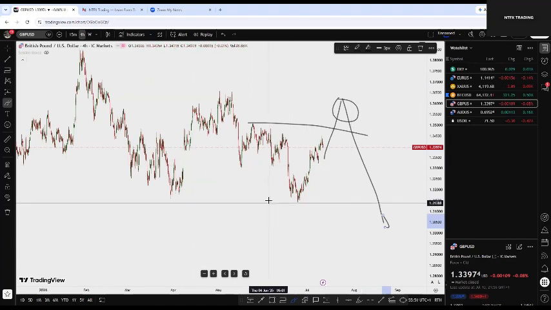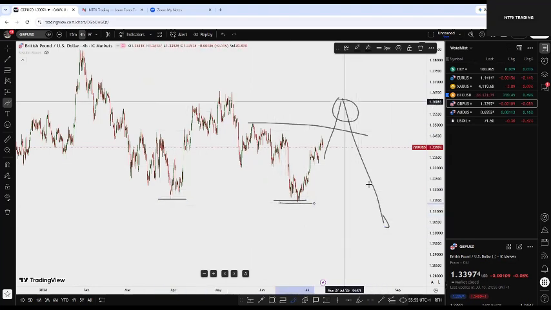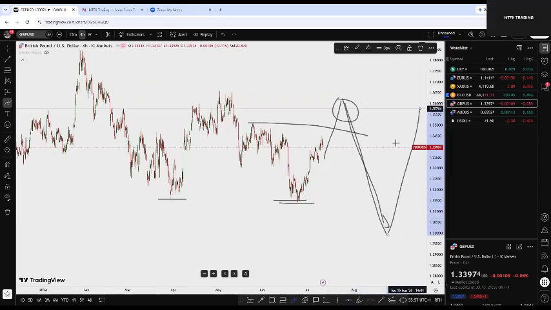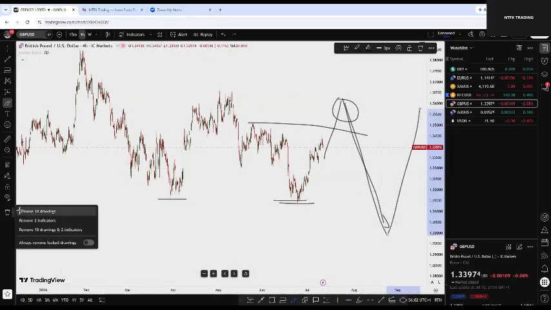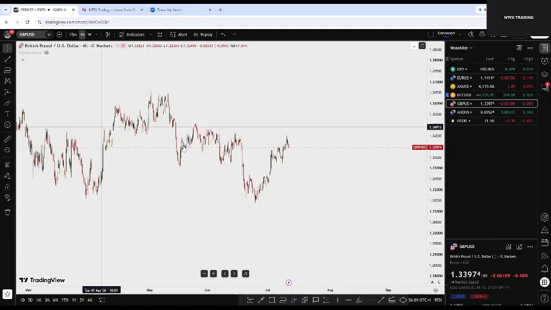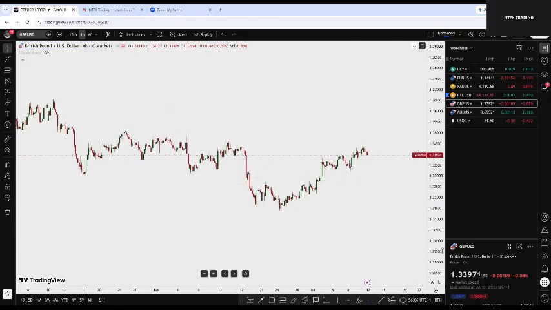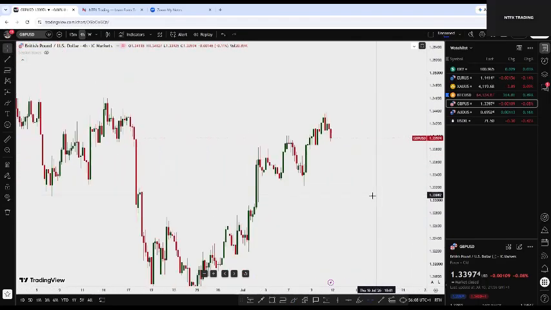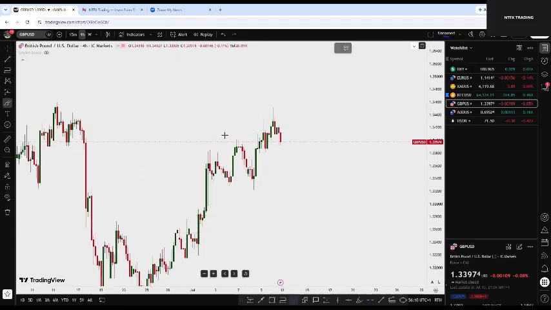We'll do it to the downside until we break this low. Okay, that is a liquidity point. Once you break it to the downside, you can now begin to look for buy opportunity. But for this week, all you need to do is very simple. Since we still want a projection to the upside to break that low,